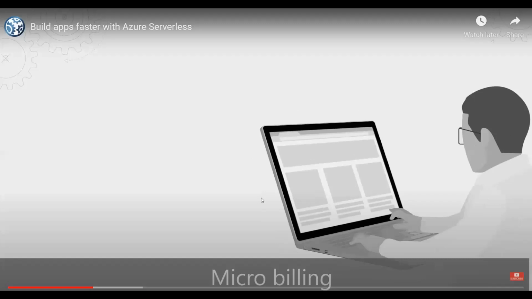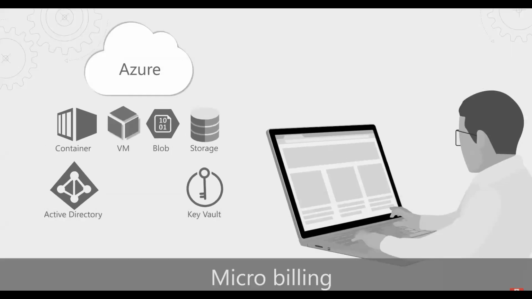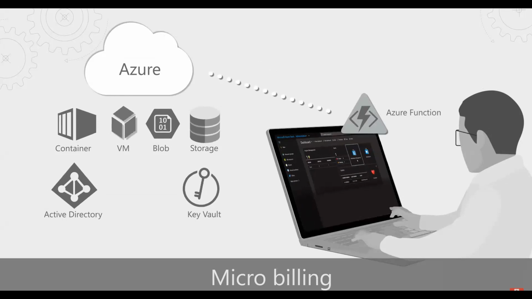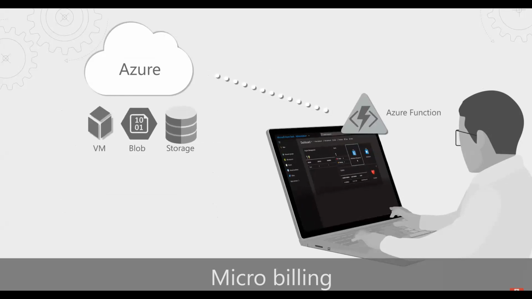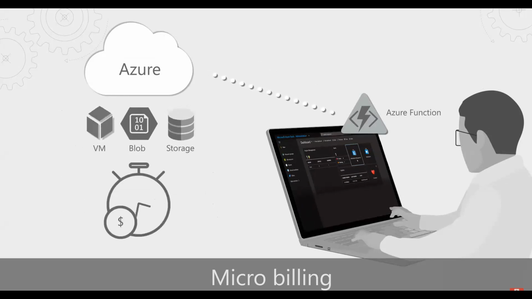So how does this actually work in Azure? With serverless, Azure has compute resources ready to be allocated to you. Their usage is triggered by an event. You give us your code, and when an event happens, this could be an Azure alert or when a message is received, whatever you specify, we spin up the necessary compute resources, and it's activity-based billing, so you only pay for when you're using the resources.